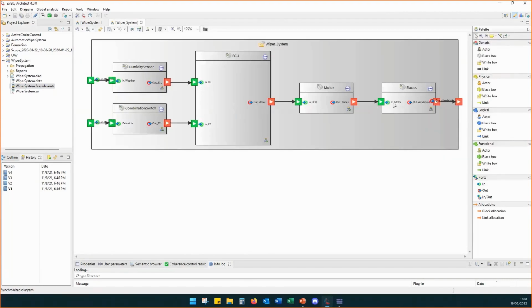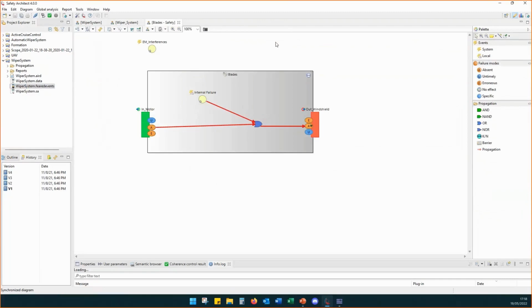And next, we have to fill the local safety analysis of each component. So for this, we double click on a component, and now we have access to a new representation, and we call this representation the local safety analysis. And the goal in this representation is to represent the failure condition of the component.